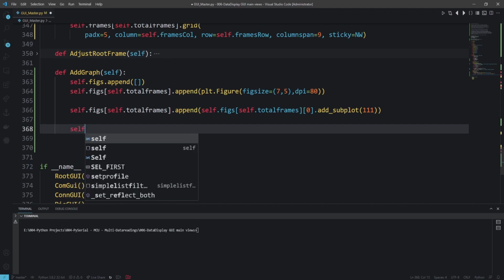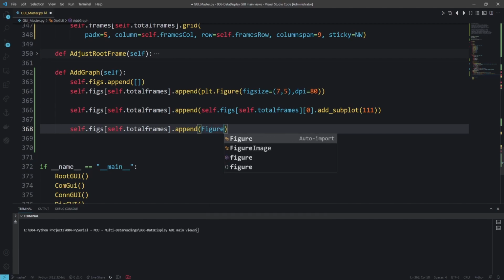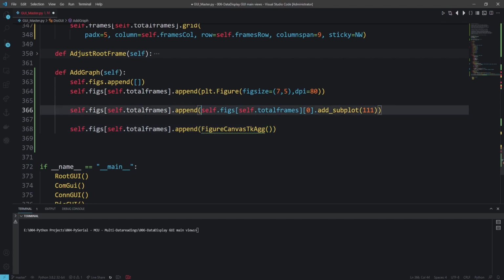So it will be self.figs, so it's exactly the same. Let's copy this one again to avoid any issue of copying. .frame here, and what we are going to put is another append, and this is the third one. And what we are going to append is we will need to use a function. This is the function. I hope I don't make a mistake in it, but it's FigureCanvasTkAgg, and we open this one,